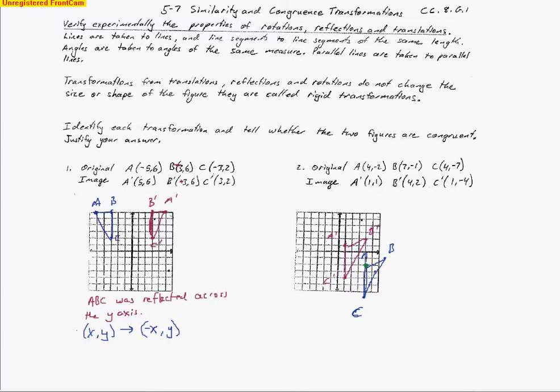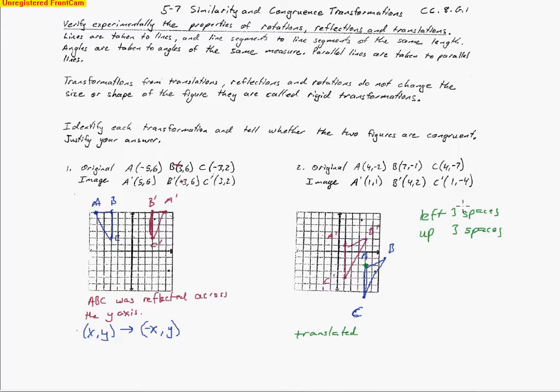So I'm going to go from here and see how many spaces it went over. So it went 1, 2, 3 left. So it went left 3 spaces. And then it went up 1, 2, 3 spaces. So up 3 spaces. So that's the rule. That's what ended up happening. So when it moves like this, that's called a translation. So it translated,